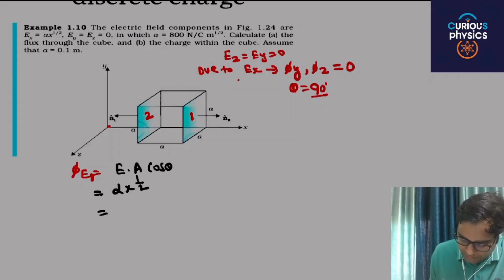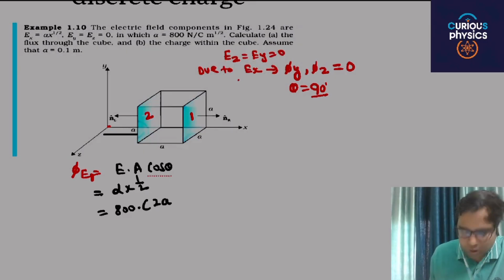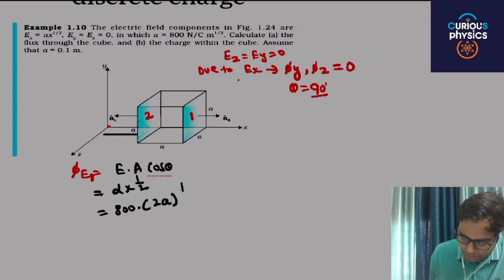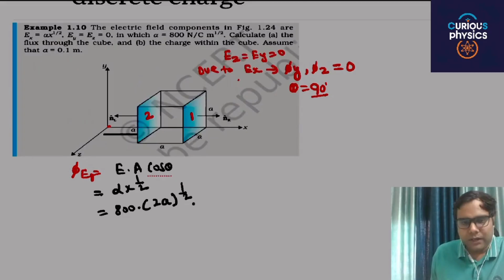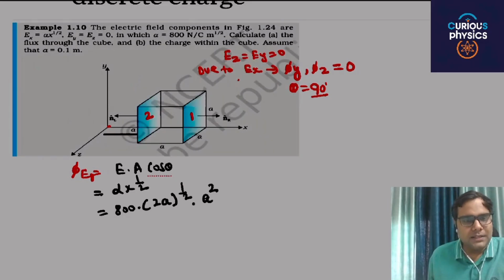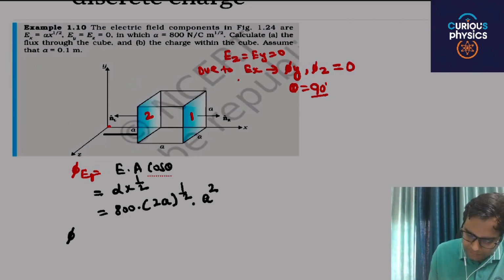Alpha, the value of alpha is 800. X is, if this is A and this is also A, that means 2A. X raised to power 1 by 2, and area is, you can say 0.1 or you can say A square. Area is A square. This is the net electric flux from face 1. From face 2, the net electric flux from